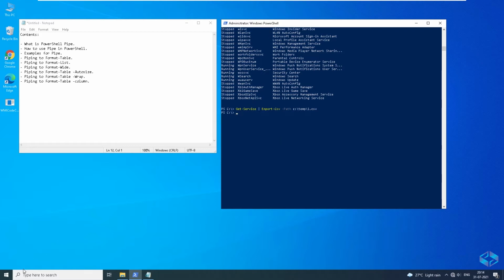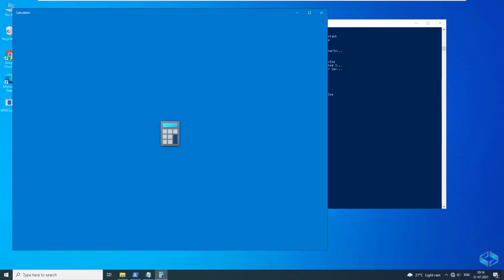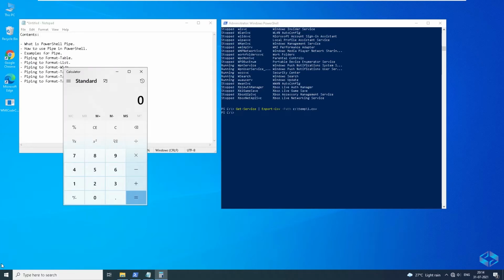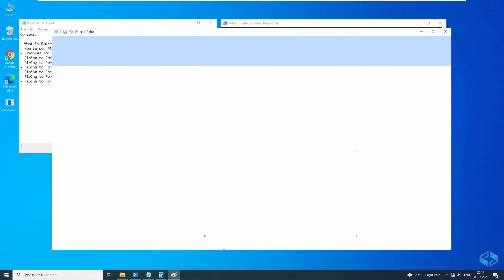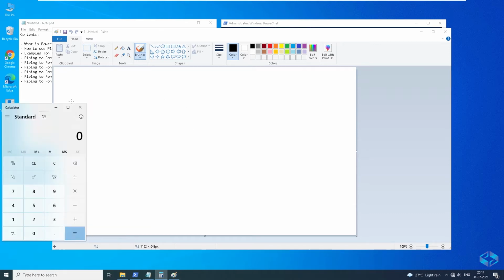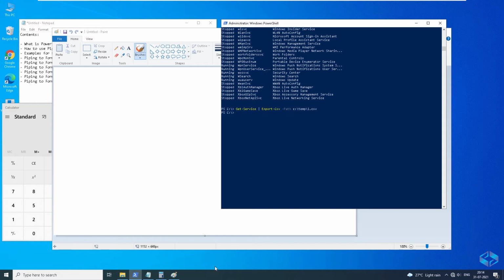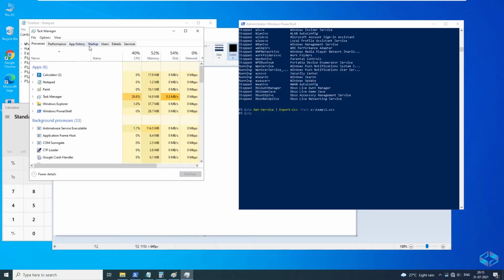To continue, I can show you one more example. I'm opening a calculator here, and also MS Paint. As you can see, both applications are open and running. You can find the process names from Task Manager if you don't know them.